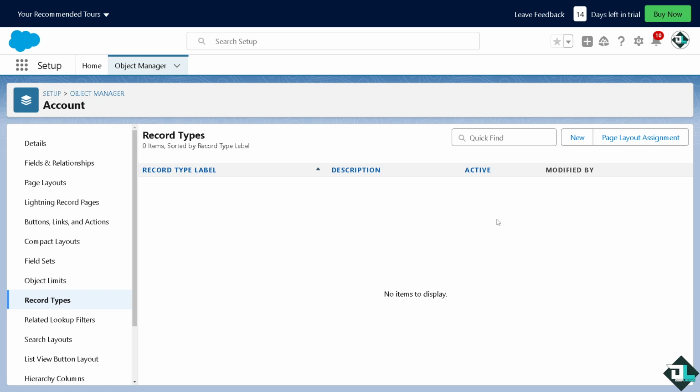It will say active and modified by the last user. All right, the record type label should be an ID here. Now, if you can't find the record ID or the object ID here in Salesforce, like what I do right now, click on the help section